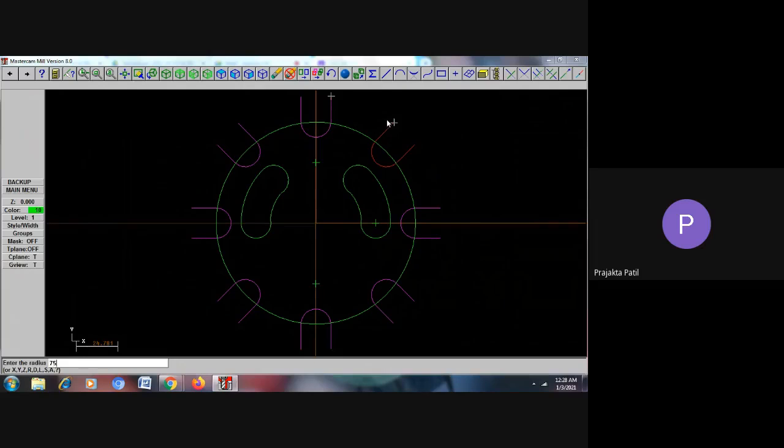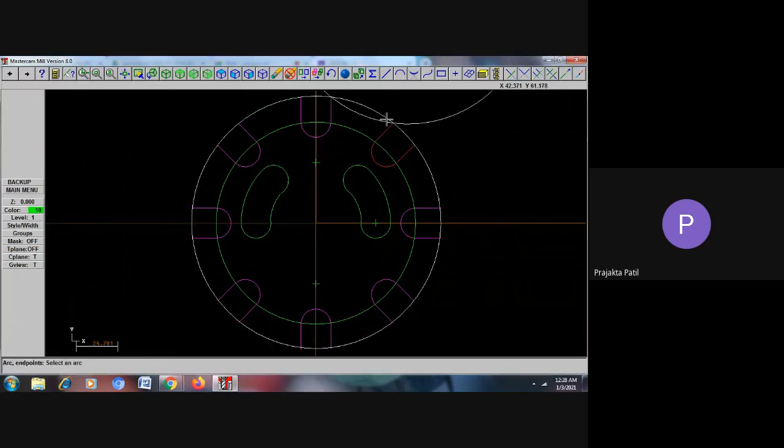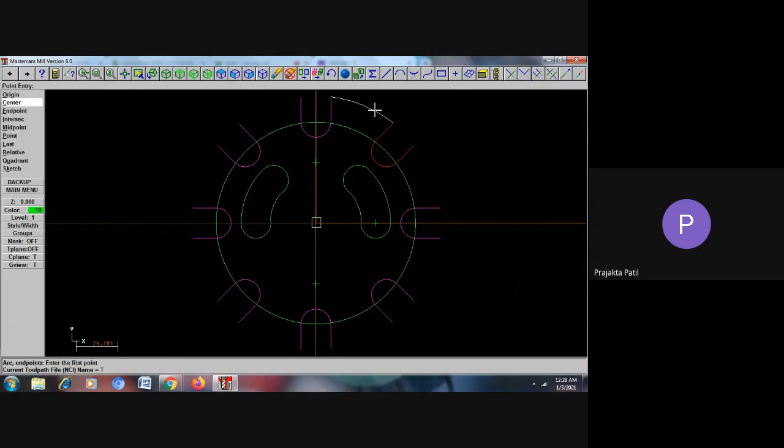Let me complete this first. Now, the part of these circles which you want to keep, you click on that. So I need this region, and I'm going to click on that such that everything else gets deleted. What I have done here is I had first drawn the outermost circle, and after I got this U, I deleted the outermost circle. If you want, you can still keep it, but you'll have to keep trimming the part here everywhere.